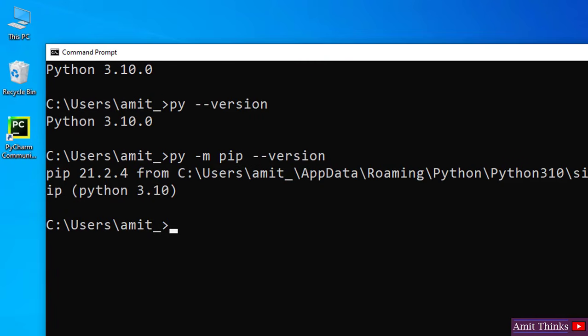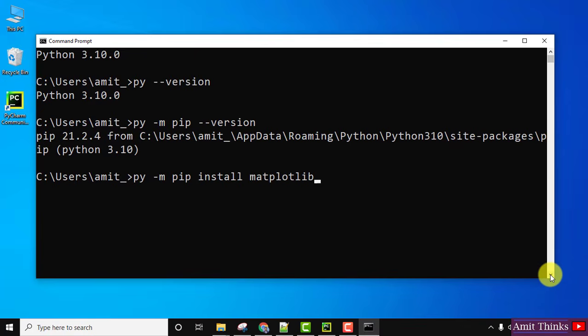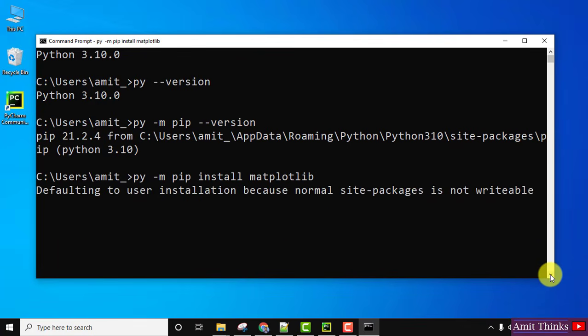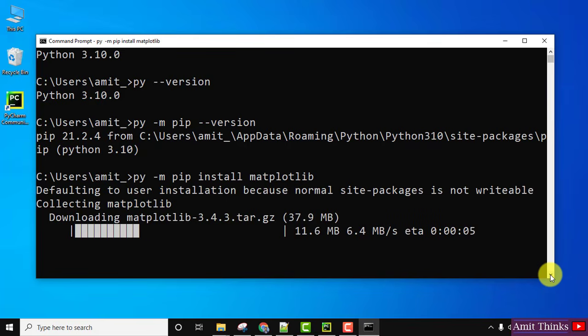So now guys, we will install our Matplotlib library which I told you before. For that use the same command, py -m pip install matplotlib, and press enter. So we'll be installing on Python 3.10. Press enter. So the downloading of the package started.